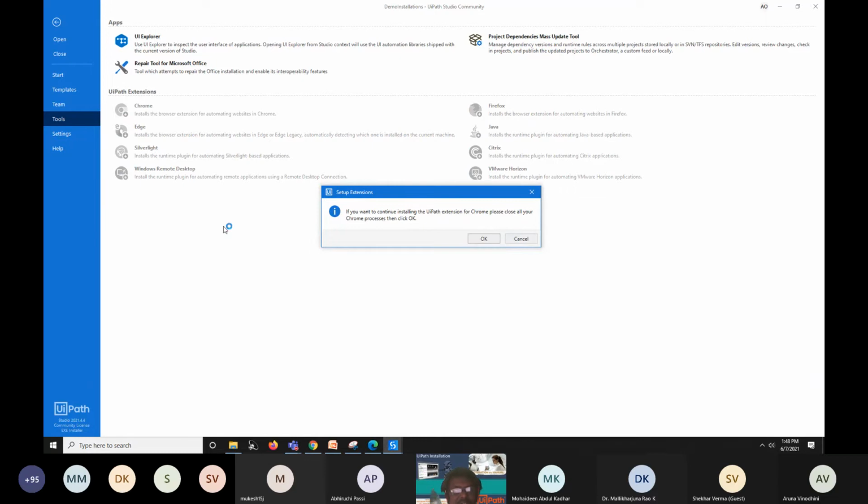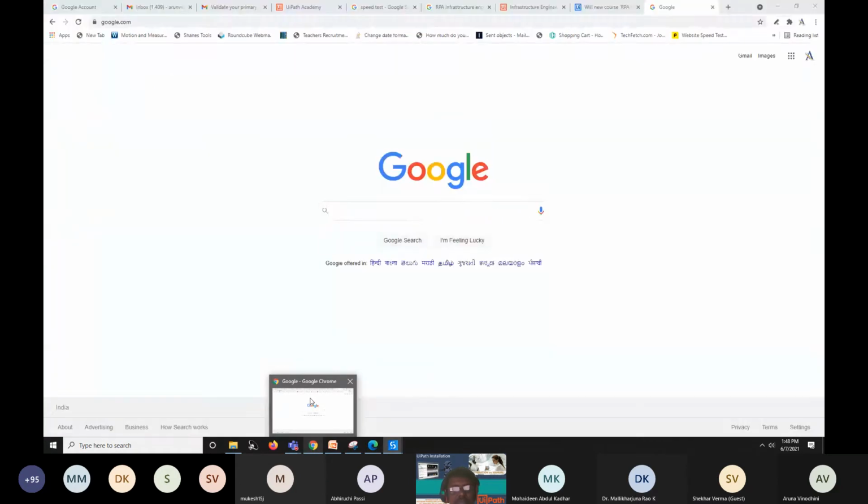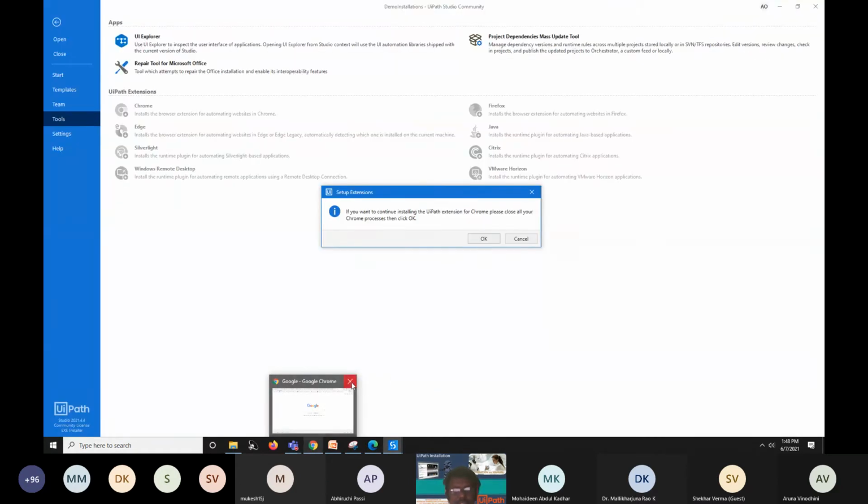When you click the Chrome option, it will show this message: if you want to continue installing the UiPath extension for Chrome, please close all your Chrome processes. If you have Google Chrome open, simply close it, or just click OK here and UiPath will automatically close the Chrome browser.